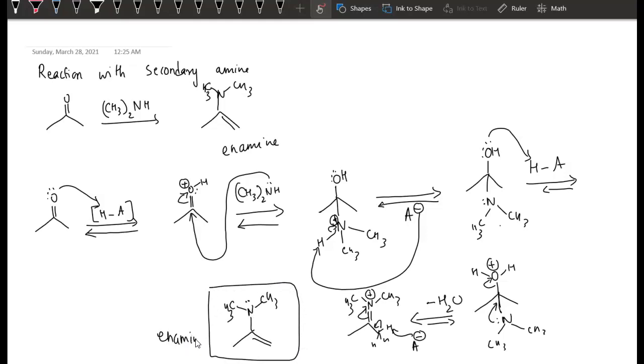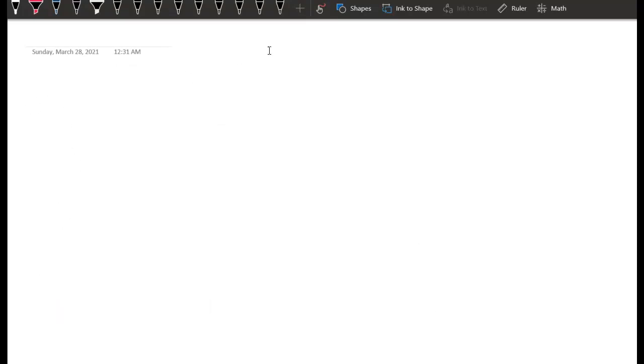So you can clearly see how we did the mechanism of imine and enamine. Okay, you need to know both of them. With secondary amine, the reaction forms enamine, and with primary amines, aldehydes and ketones form what are called imines. Okay, all right, and here again the pH is important. pH is around 4.5, which is what we have to maintain in order to get a good yield of our product. Okay, all right, so now one more reaction we can do in this is what is called a